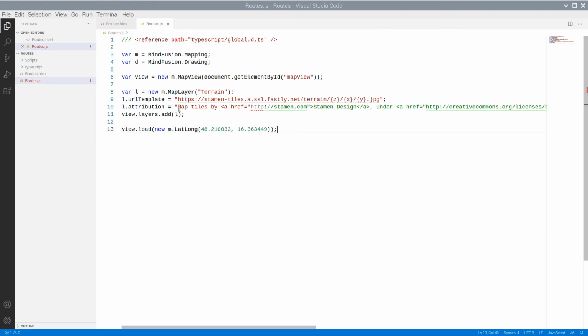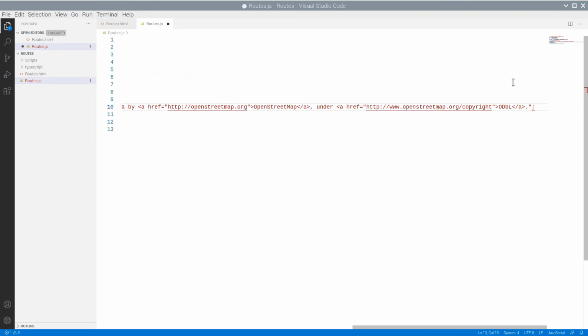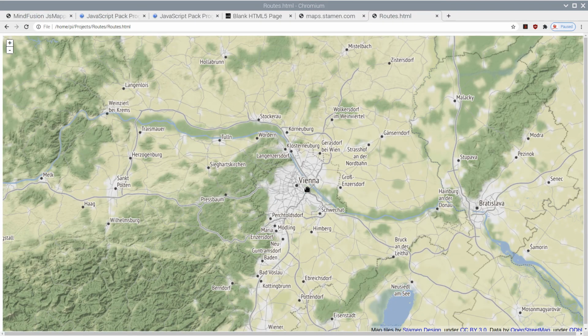Well, the map doesn't seem to load. A possible reason is that we have 2 times double quotes in the attribution string. Let's replace the outer quotes with single quotation marks. The map works fine now.